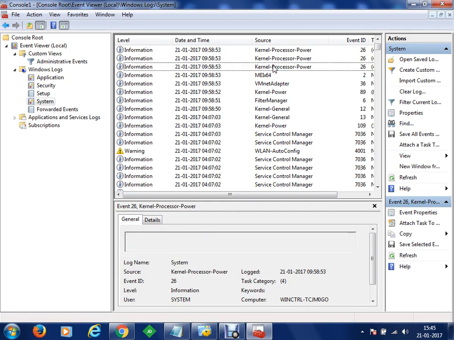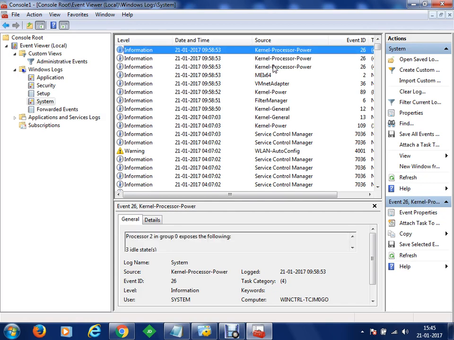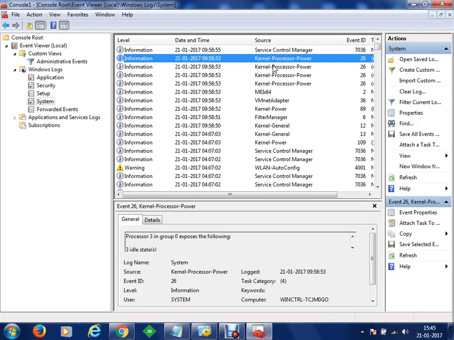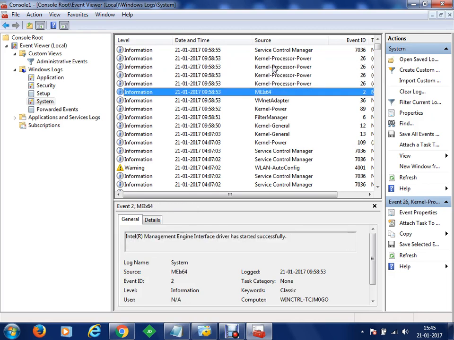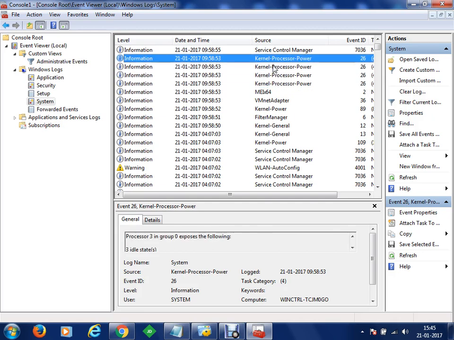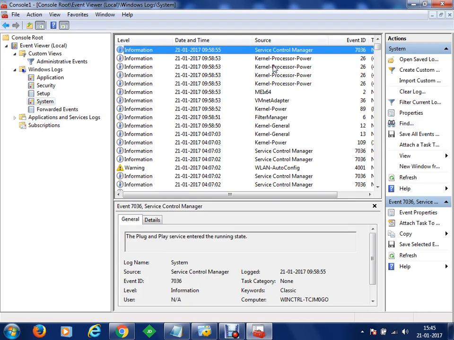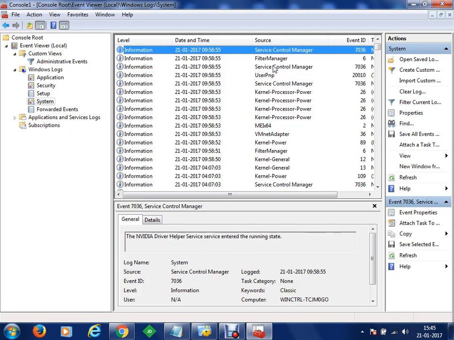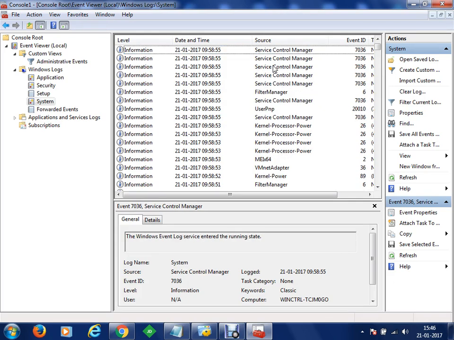Then your processor 0, 1, 2, 3 have been executed, so I have 4 CPUs installed in my machine. Then the services are started, and the power service entered the running state. Using these events, you can see what all events have occurred.